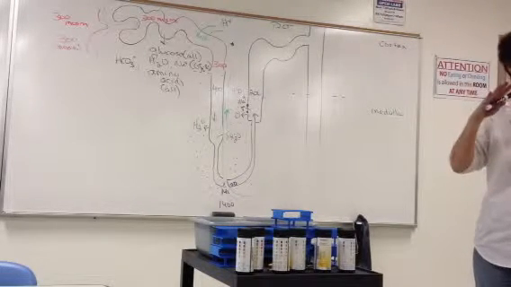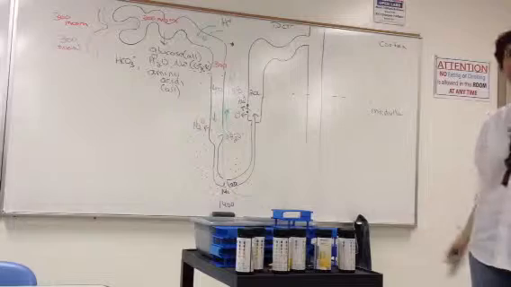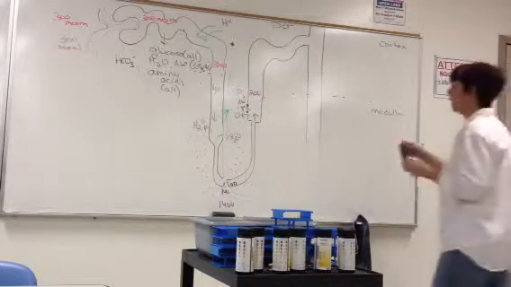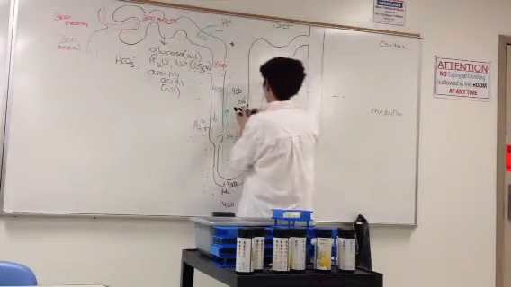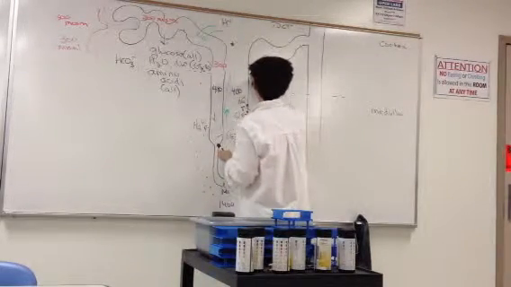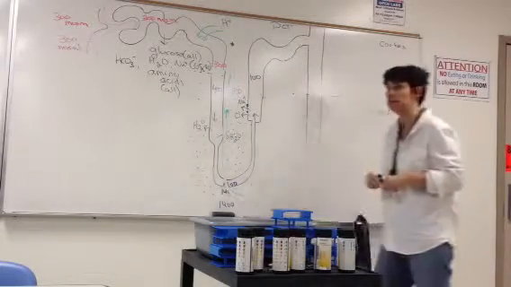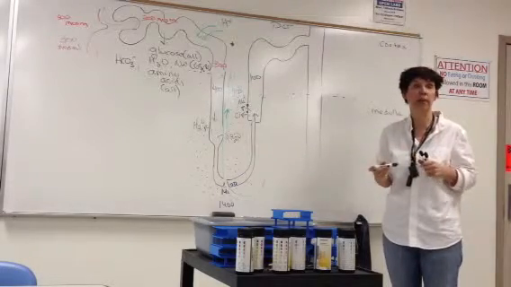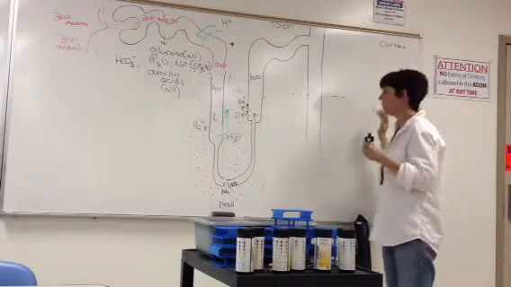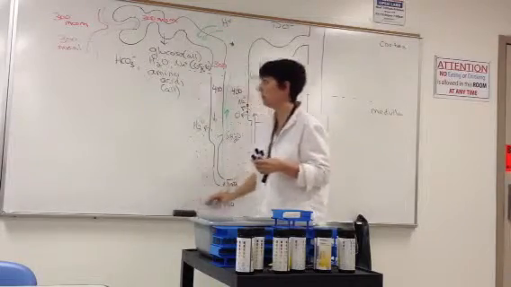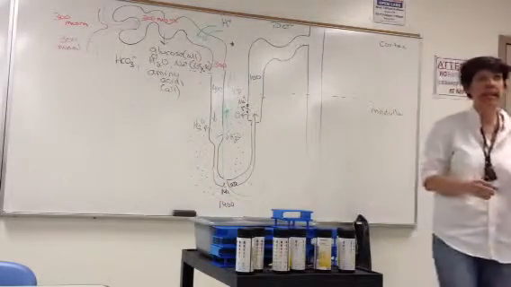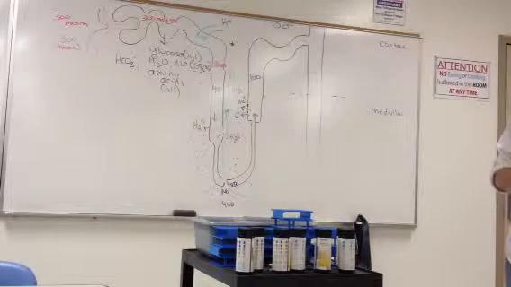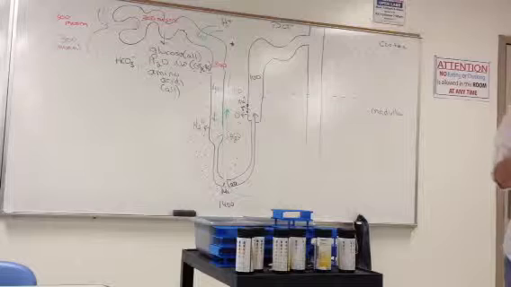Nephron loop, if it's a short nephron, could be in the cortex. If it's a juxtamedullary nephron, it would be in the medulla. Right? So as our filtrate is moving up into the collecting duct, it's going to be dilute, depending on whether or not we add aquaporins. So the distal tubule and the collecting duct are where we see hormonally regulated reabsorption or secretion and fluid and